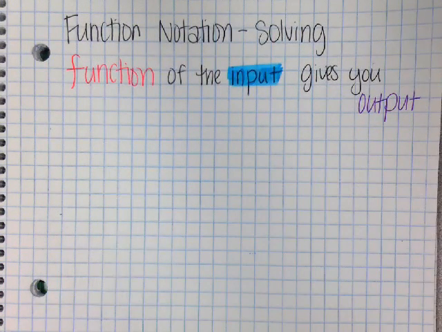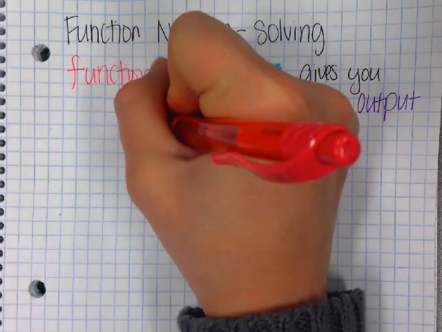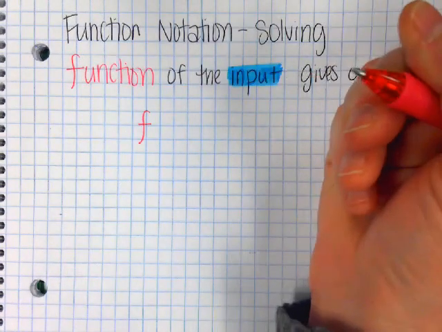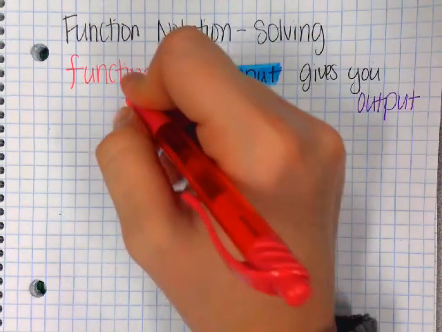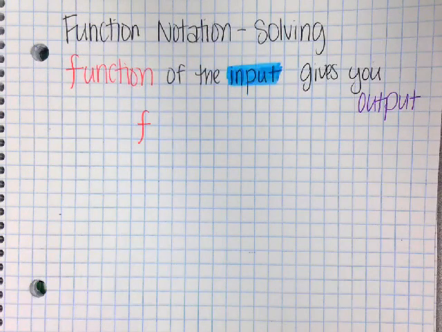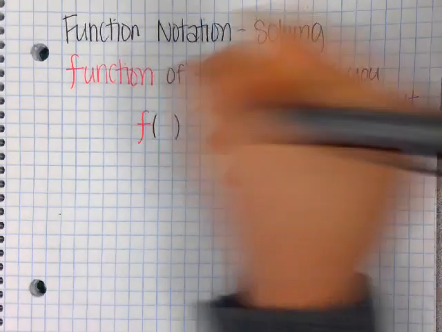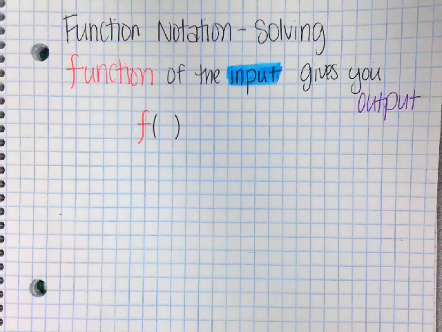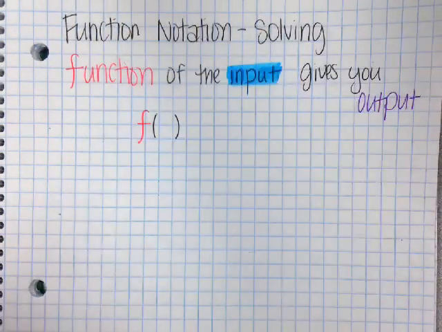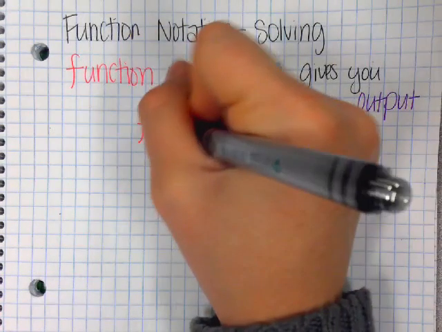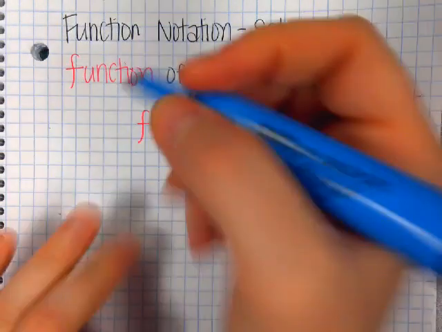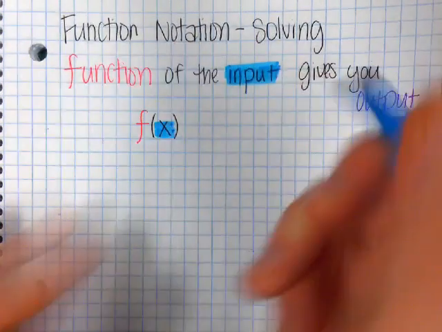So when you write this, the function, you'll typically see the letter F, which stands for function. So "of" just is the parentheses of the input. And I'm going to use the highlighter because this is the biggest thing that always gets messed up. So it's function of the input